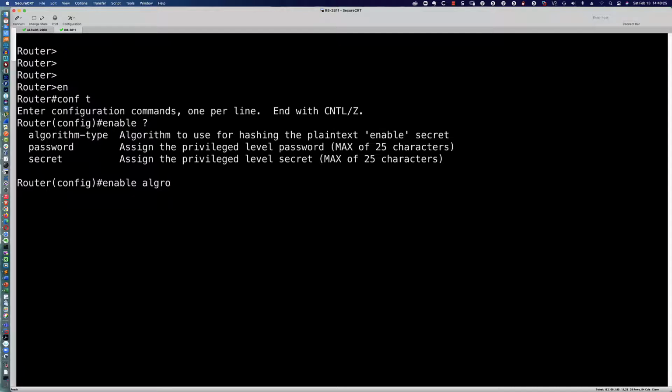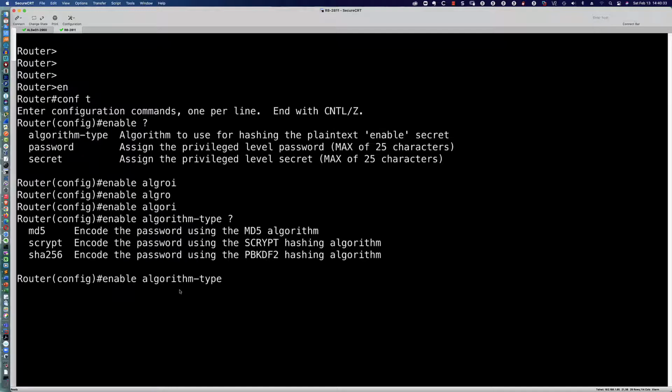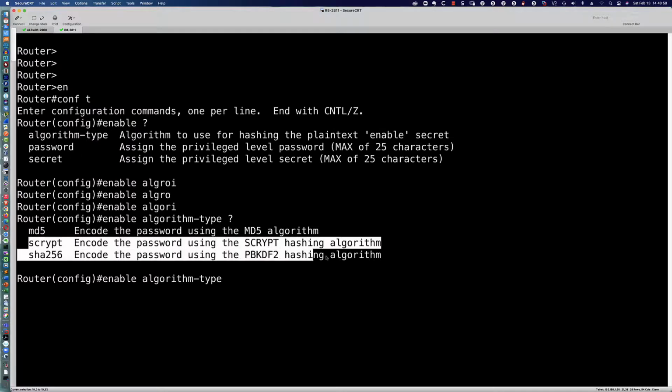However, what you will be doing in the real world is changing the algorithm type. Now, you can see here that they give you the opportunity to use MD5. However, type 5 passwords are not recommended, right? And again, if you can avoid it, there might be a scenario where maybe you're doing some kind of authentication between a routing protocol or HSRP or whatever the case may be, where you've got to use MD5. However, when we're talking about the enable password, these are the two encryption algorithms that should be used in the